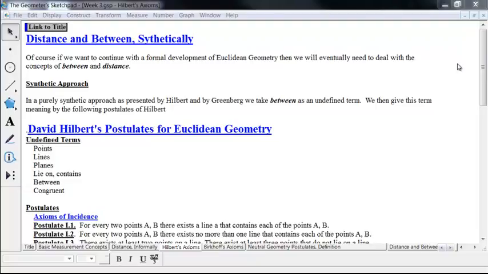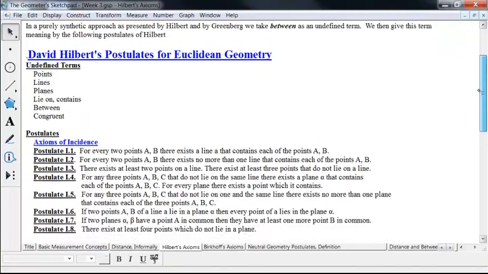In a purely synthetic approach, that David Hilbert did in his work, and which is the approach followed by Greenberg in the textbook, we don't really talk about distance too much, in fact not at all at first, but we do talk about the idea of between, and we take that as an undefined term. So let's take a real quick look at Hilbert's postulates, which are of course the ones that Greenberg is using